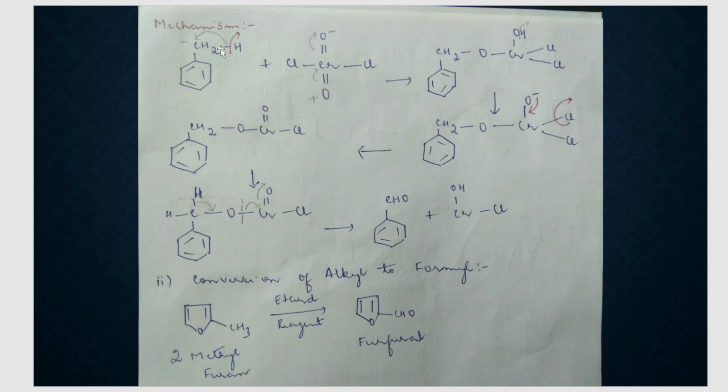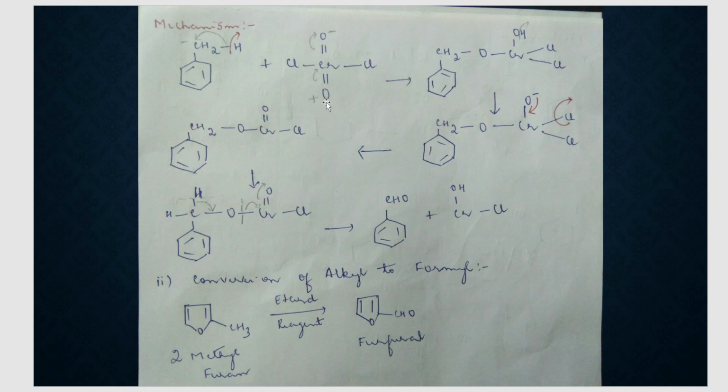Now what will you do here? It is CH3. I have opened it and written it as CH2H. There is an elimination of a proton. H goes out as H plus ion. So what charge will this carbon get? It will get a negative charge. Coming to CrO2Cl2, what happens here? One bond shifts onto oxygen, and oxygen will get a negative charge. This bond shifts onto chromium, so this oxygen will get a positive charge on itself.